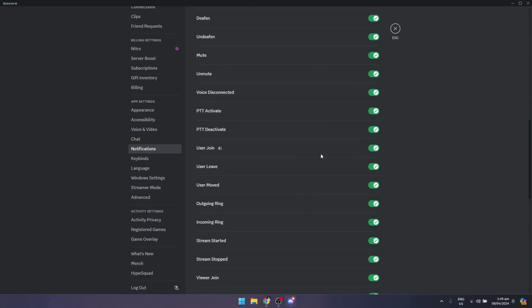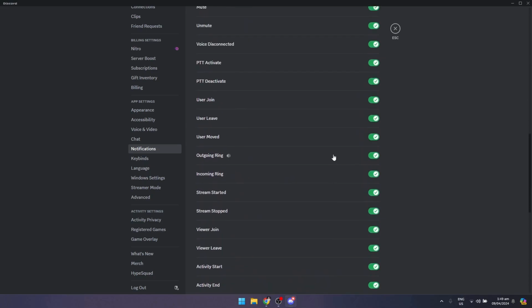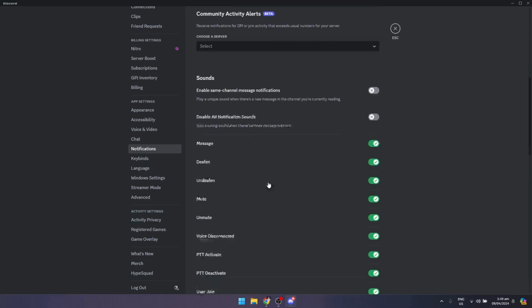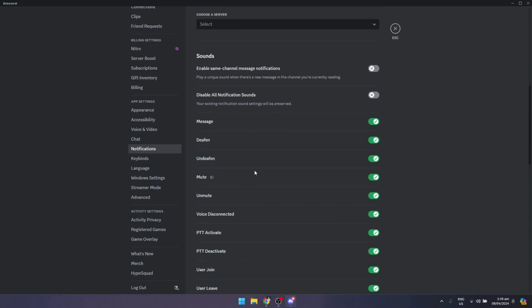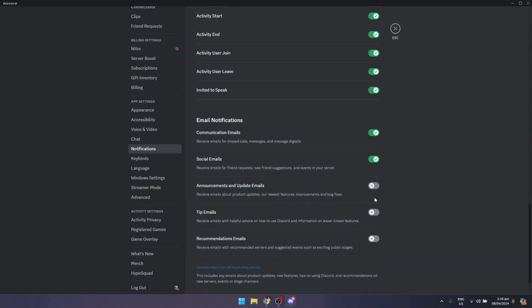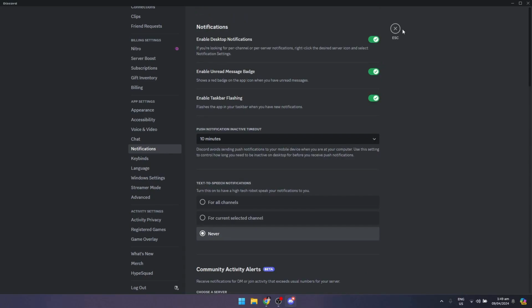And here on the sounds, you could basically customize it if you want sounds, like when someone messages, someone deafens, or you mute or unmute, something like that. And once you're done with that, if it still doesn't work,